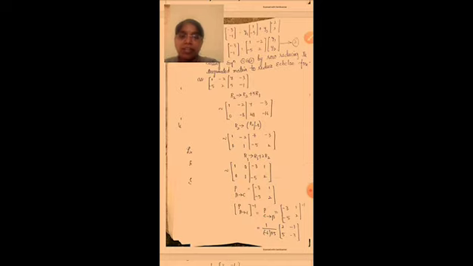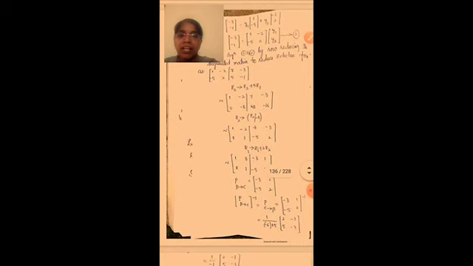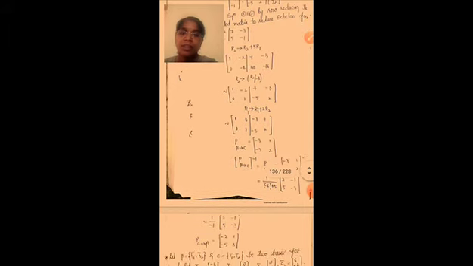So first row is same, 1, minus 2, 7, minus 3, and next 0 by 8 minus 8 is 0, minus 8 by minus 8 is 1, and next 40 by minus 8 is minus 5, minus 16 by minus 8 is 2. So in r1 we have to do the operation r1 plus 2 r2. So we have to multiply r2 with 2 and next add with r1.